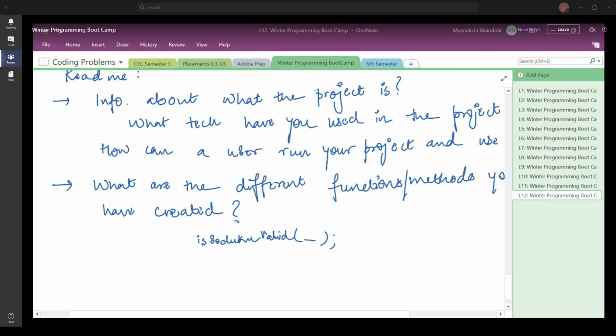So this is one of the functions that I have, and ahead of this you write the declaration. Once you've written the name of the function and what all arguments it has, you are going to explain that this function is going to check if the input Sudoku is valid or not. By invalid, you are further going to mention what the different invalid cases are.